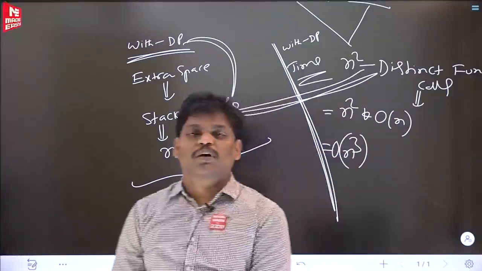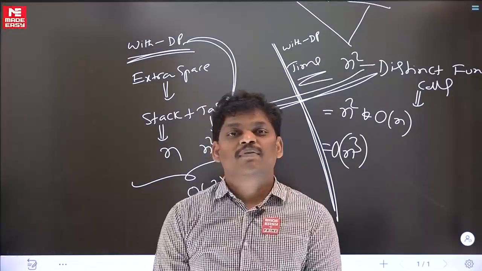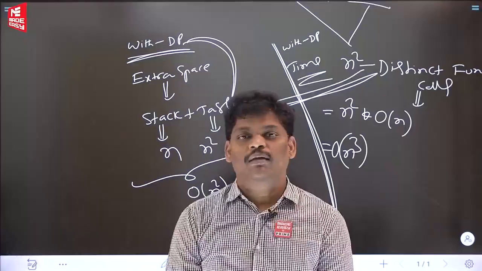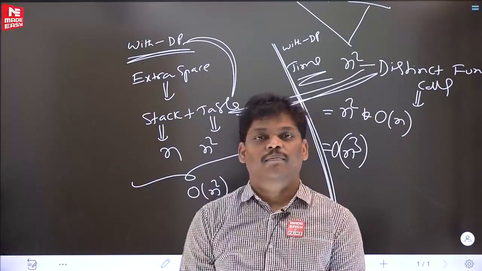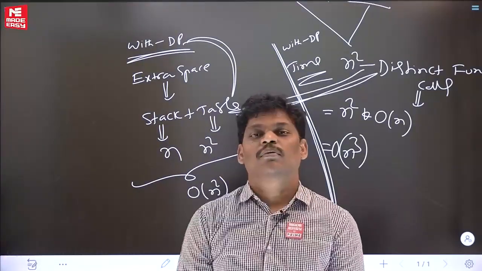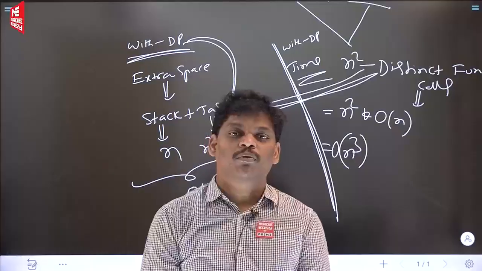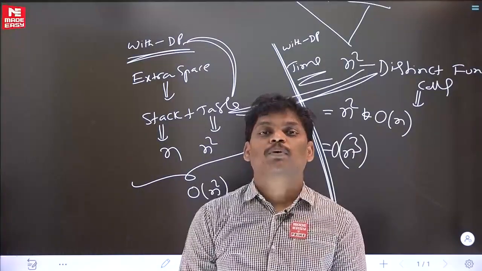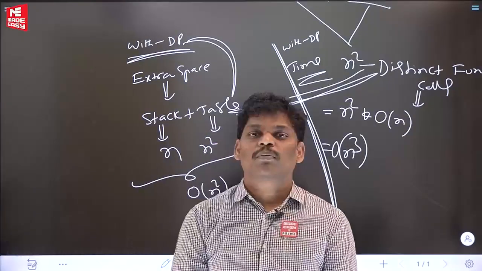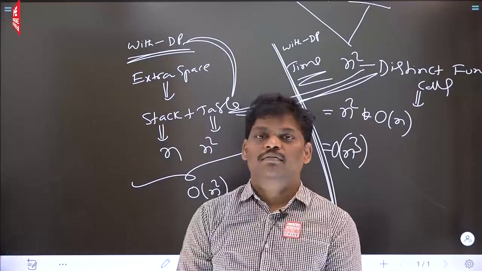In this one, so many changes have happened compared to all the previous applications. In the previous ones, a binary tree came. Here, an n-ary tree came. Previously, one function cost was constant time. But here one function cost is order of n, because out of n people we are finding the minimum. Previously, out of 2 people finding minimum or maximum was constant. But here it is order of n.